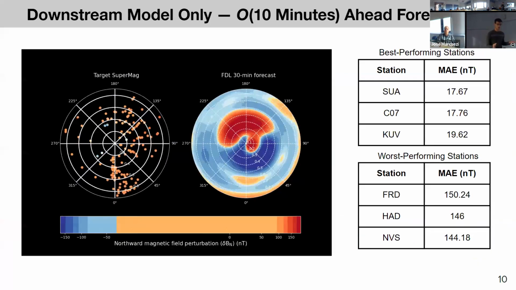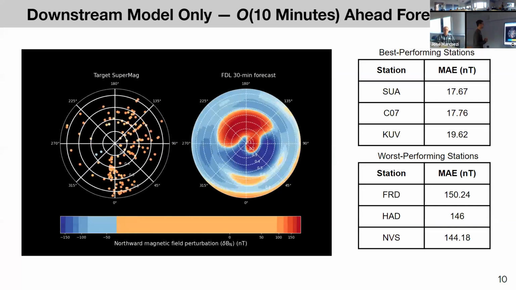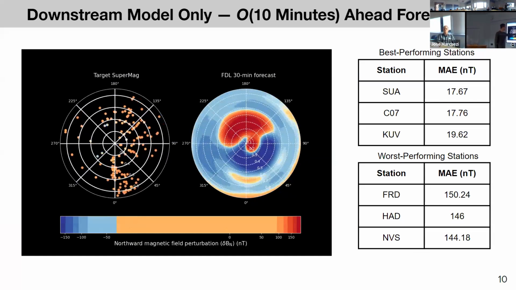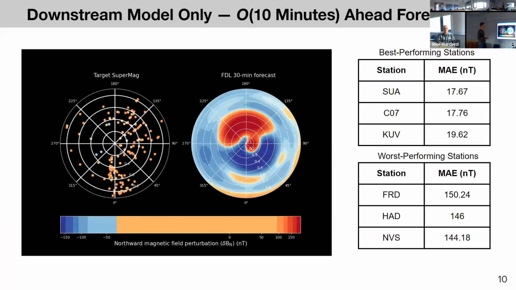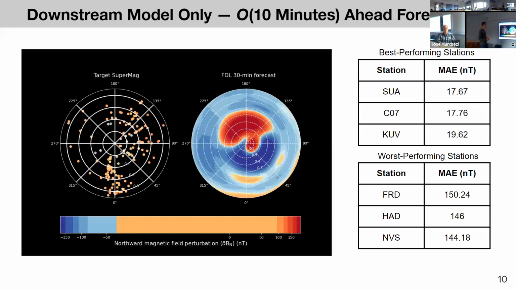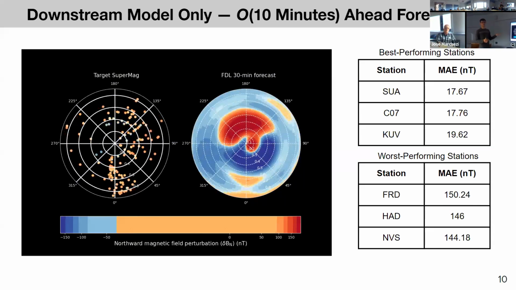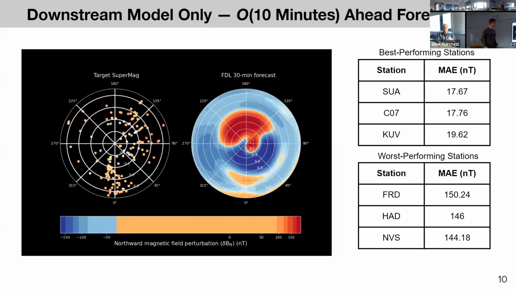Now let's look at the downstream model using real data, not from the sun. We can validate based on what the model forecasts for each location on the Earth, and then if we have a station at that location, we can compare the real value with the predicted value. And there's a range of performance. Some of these stations have wildly different magnetic field values than what's actually predicted, and some are fairly close for this type of model.